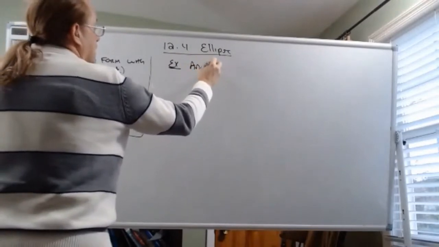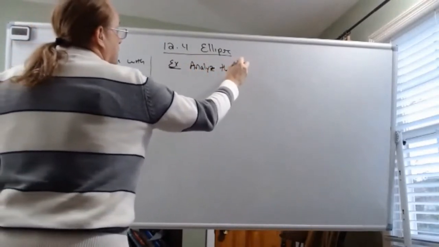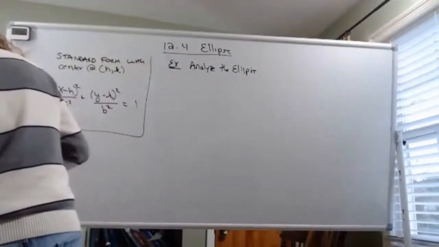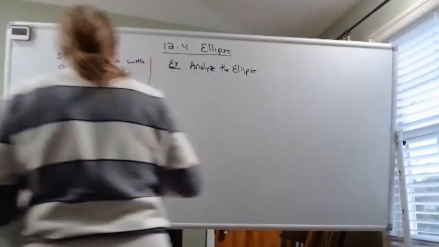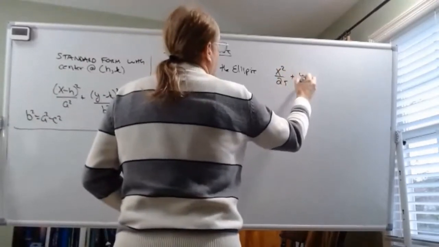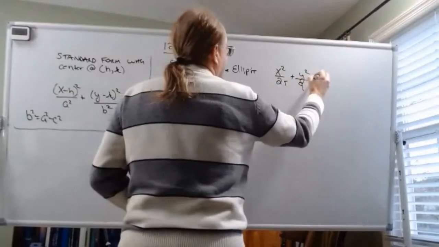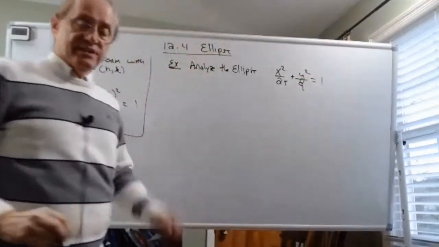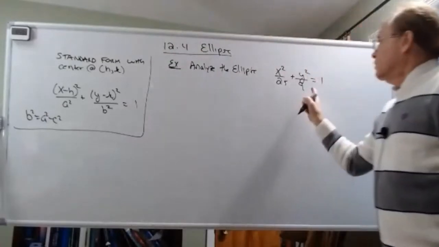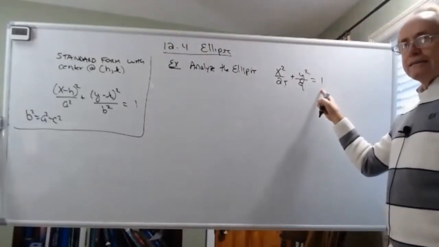Analyze the ellipse given by the information x squared over 25 plus y squared over 9 is equal to 1. Relatively simple one. Now, I should point out, when you're given it with a 1 on the right-hand side here,